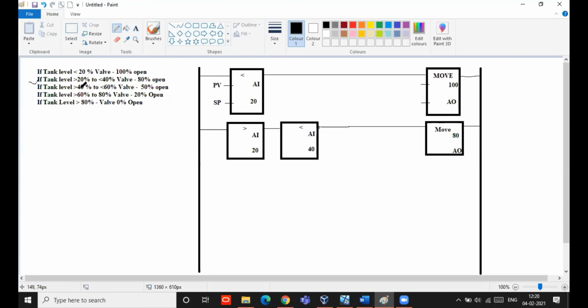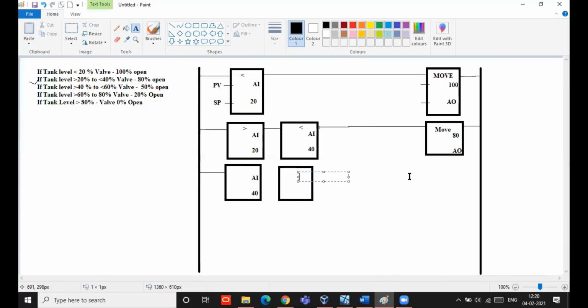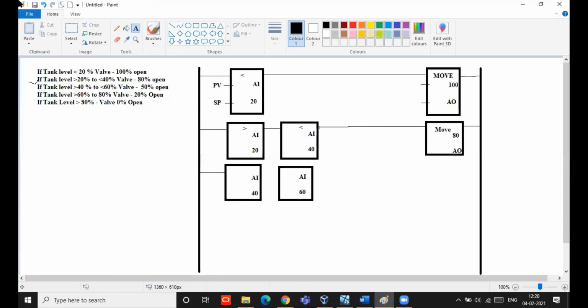Now same way, what is the next condition? If tank level is greater than 40 to less than 60, what should happen? Valve should be 50% open. So here analog input has to be compared with our set point, 40% to 60%.